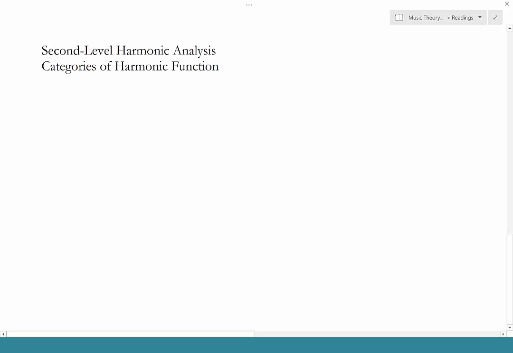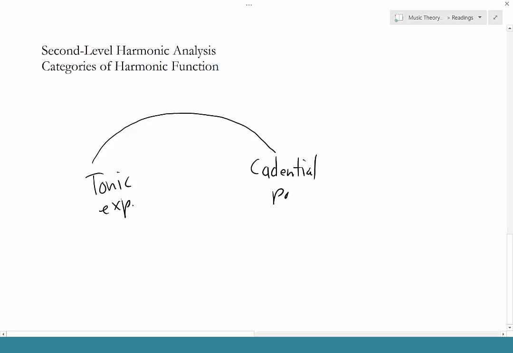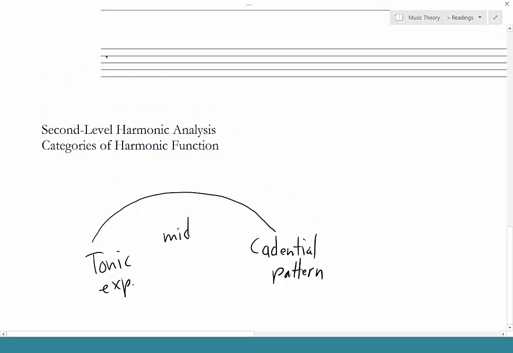So in tonal music, if we have an example of a phrase here, we can assume that the beginning is probably going to start with some sort of tonic expansion, and that the end is going to have some sort of cadential pattern. And the middle is typically some way to get from root position tonic. So if I were in C,